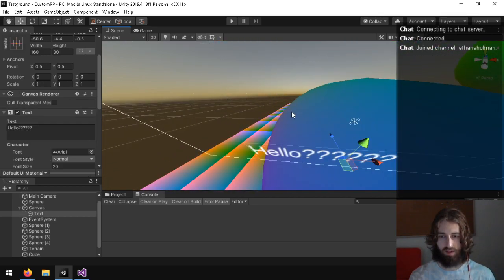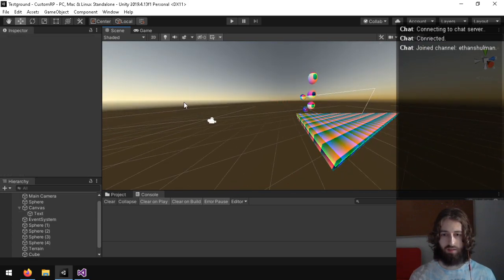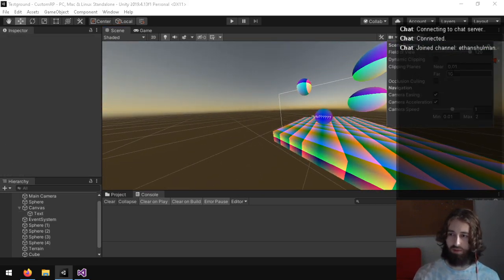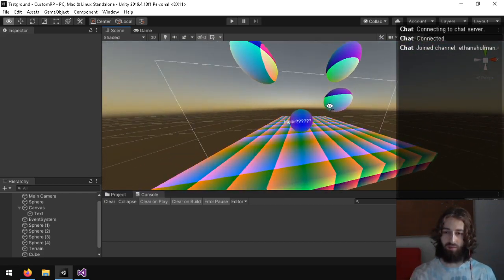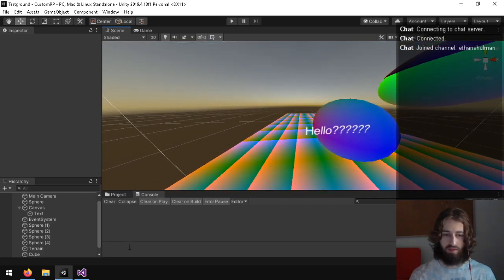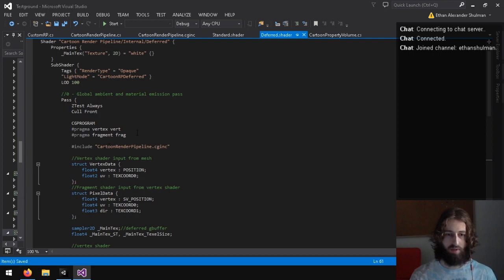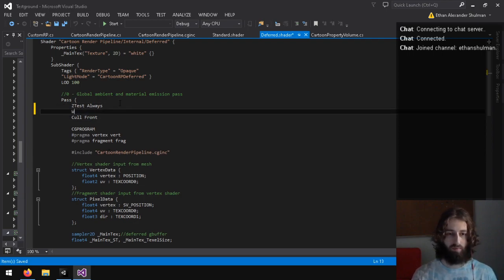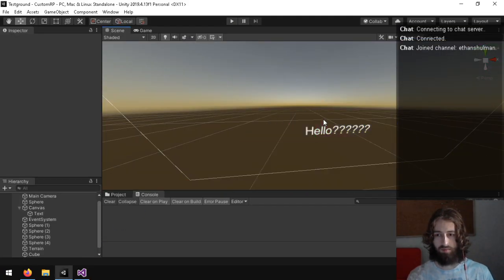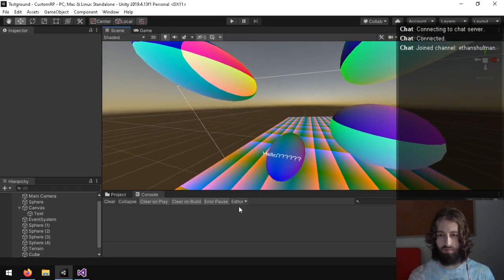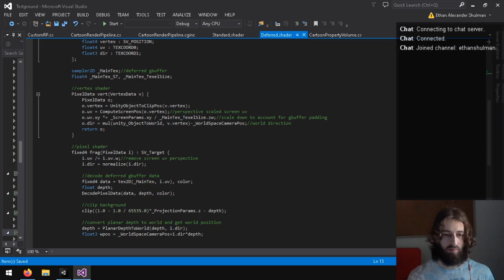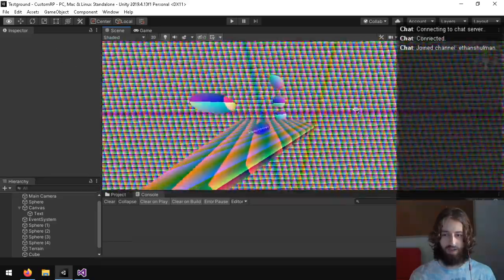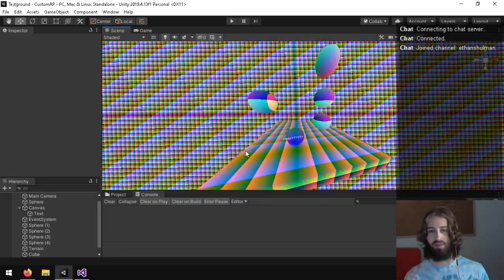So what I'm trying to do here is to get this text to disappear when it's a certain length from the camera, because the depth being written should be in front of this. Hold on, maybe I have to do Z right on. No. And see, I know Z right is on because if I take this clip away, it doesn't write the depth and the background doesn't get drawn. So,